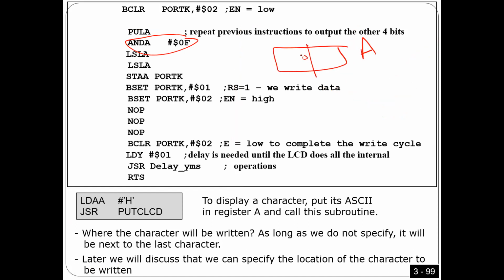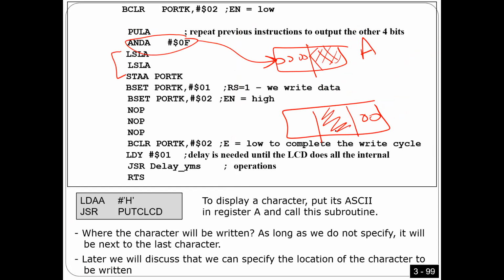Now I'm gonna clear this part because I need this one, right? This is the first part here. Number 2, this time I'm gonna shift to the left instead of to the right. I'm gonna shift it twice so that the first 4 bits are here, okay? And then this is the value I'm gonna send to port K, as you see here, send to port K, right? And then again, you have to make sure the